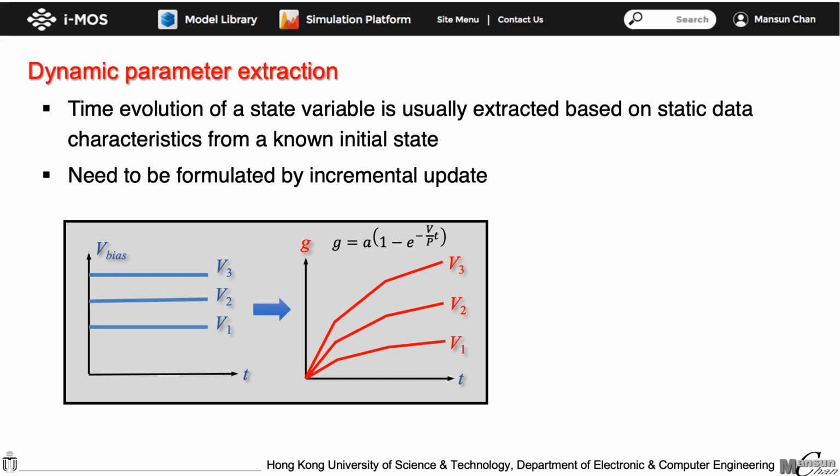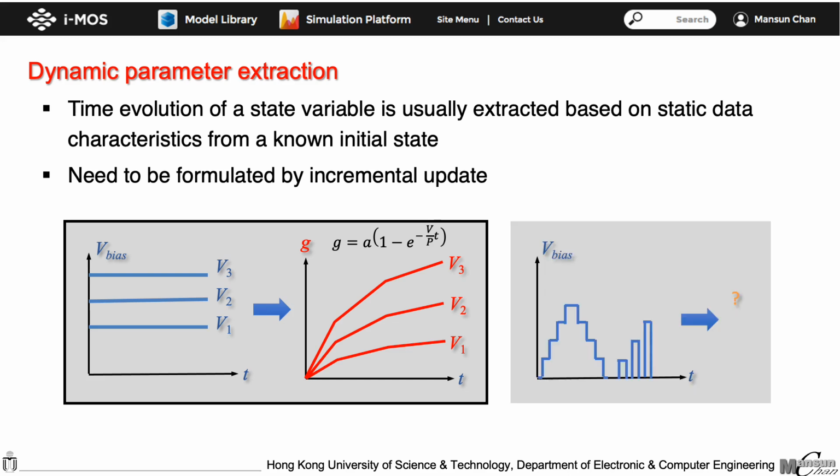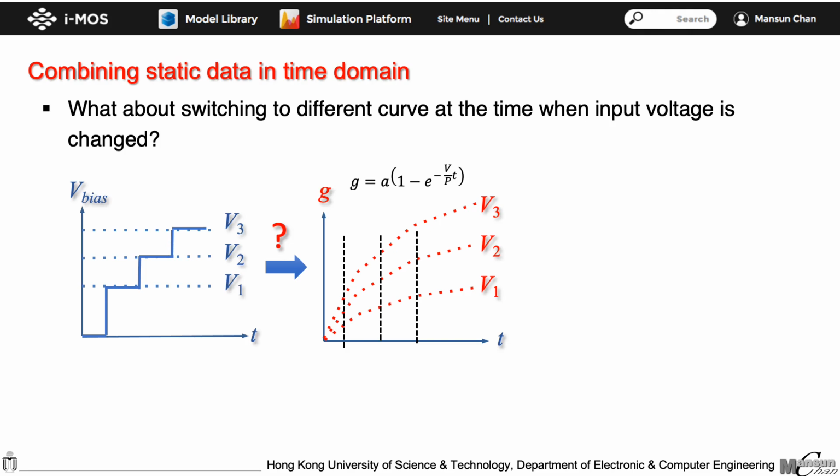But the programming of a memory cell usually involves different voltages applied to the memory cell at different times. So we have a problem on how to combine the data extracted at a fixed voltage to map it to the process of incremental update when a dynamic voltage switching is applied to the memory. Let's look at the following example, again using the previous simplified RM characteristics. When the voltage across the RM is increased from V1 to V2 to V3,